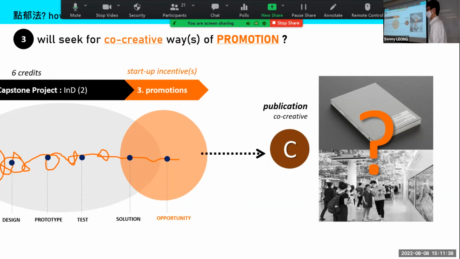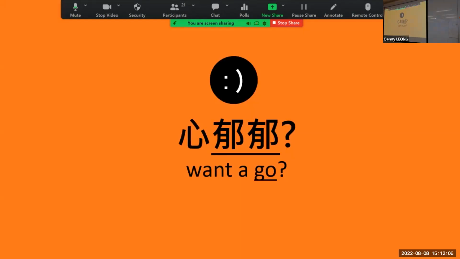And of course, I think the publication is also an interesting thing, and that will be a job for me to think about, and also for you guys. So I would like to have a creative session to discuss what kind of promotion you can do for your projects. So we are not just thinking about books, right? We will think about something which is really meaningful and impactful. Okay. So these are the three things. So you see that the opportunities grow, as every year we build on top of the last year.